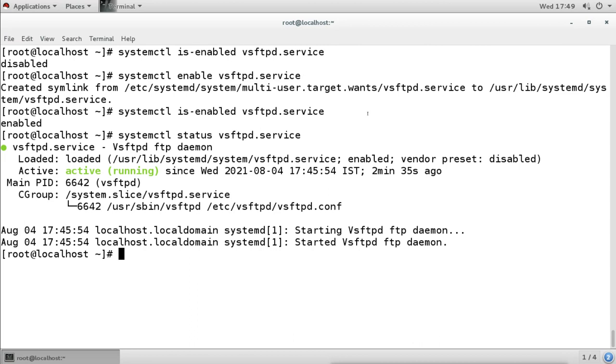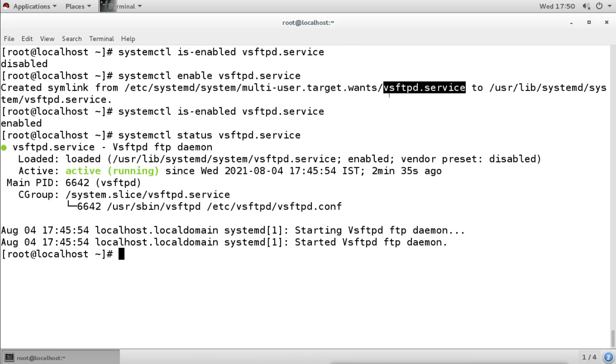So when we enable any service, it creates the soft link under /etc. That is because when our system reboots or starts or restarts, it will check this /etc directory for running the services. That means whatever service files are there in this location, it will start those services. And if the file is not there, then it will not start.